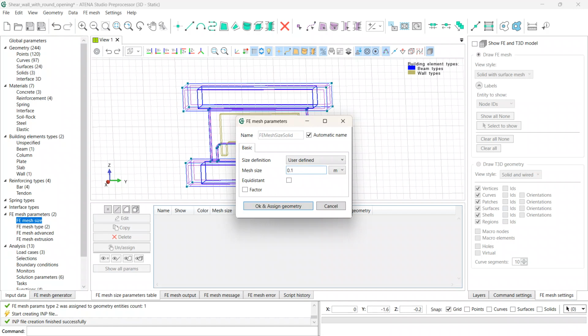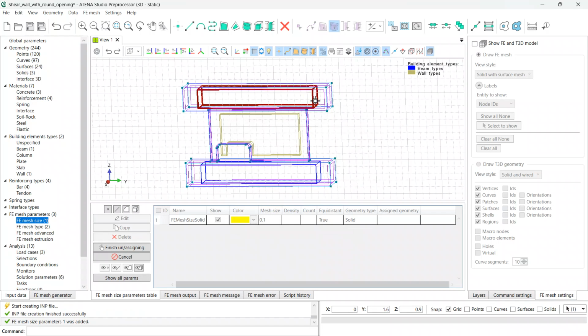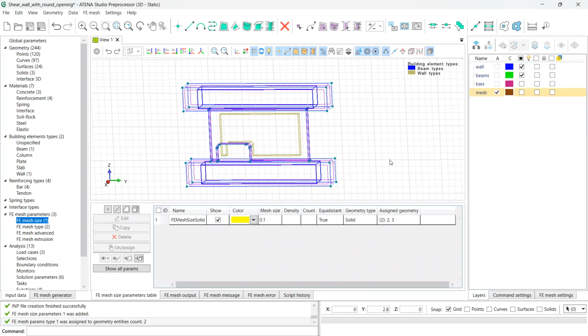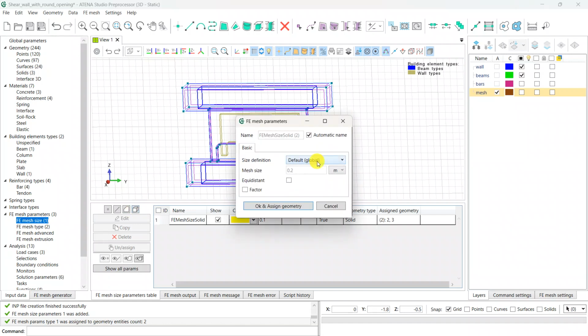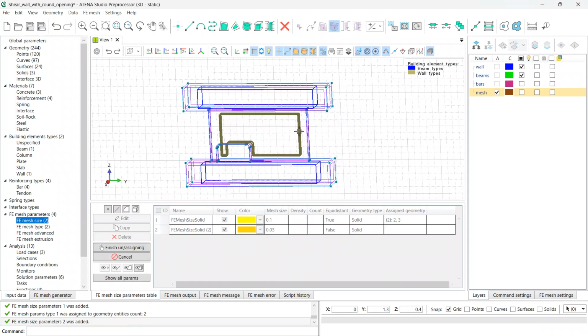So we select 0.1 to the beams, to the solids, and then we assign another one to solid. For the wall, we can create a little bit finer mesh, 0.03,